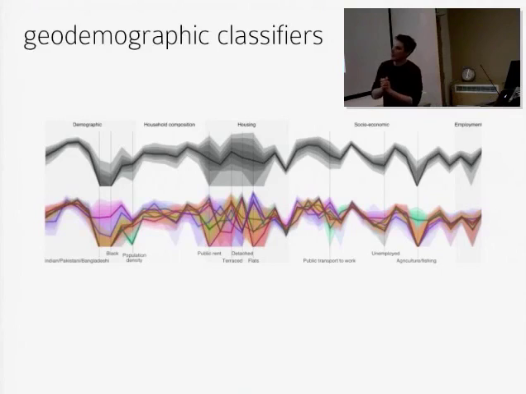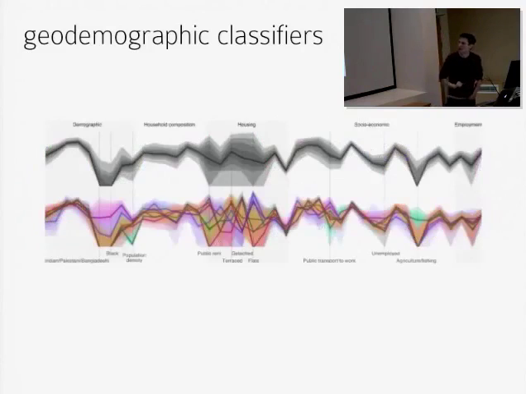So we can see here that for the demographic variables, there's lots and lots of uncertainty within a group. I think purple is multicultural. On the multicultural variables, which are used to inform this classifier, there's lots of within-group variation. So some output areas that are called multicultural may not be that multicultural, whereas some may be very multicultural based on this graphic.